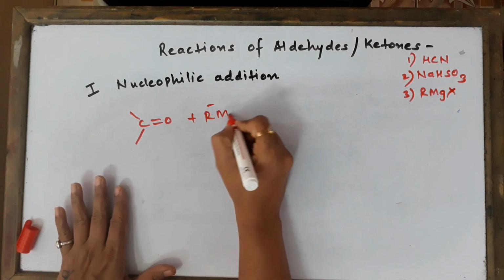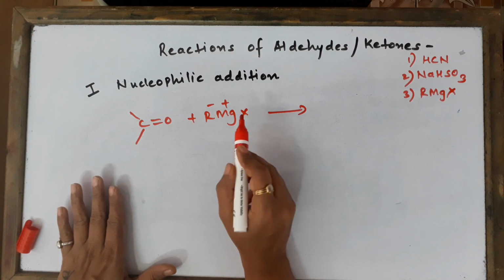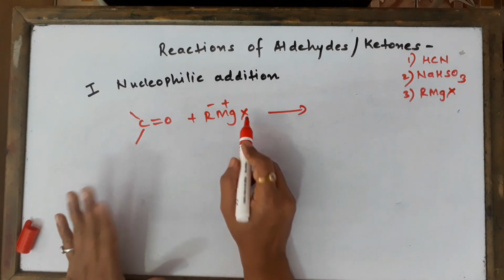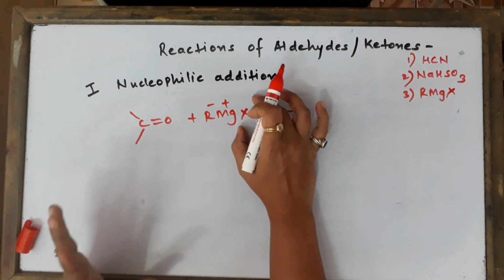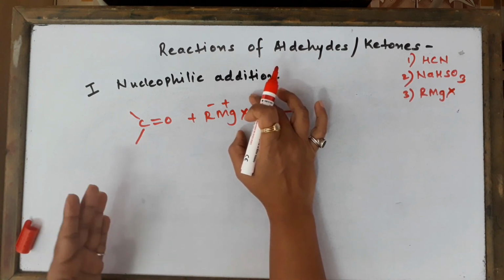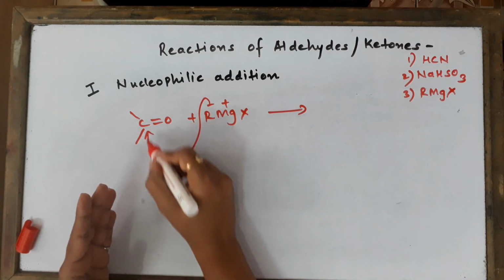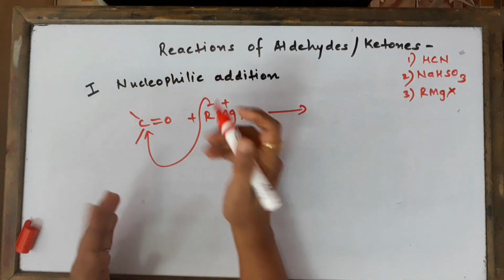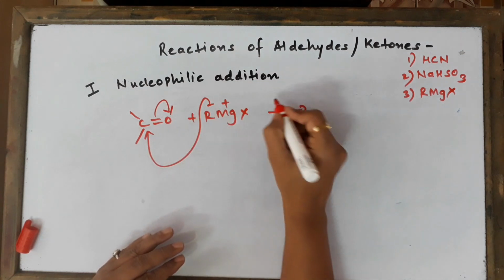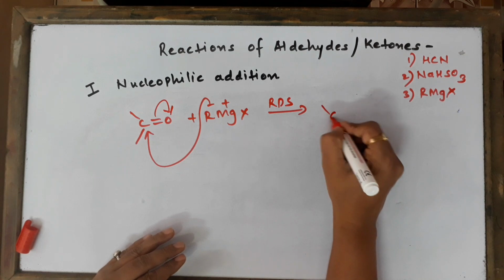R minus MgX. We all are aware of the formula, alkyl magnesium halide, where X can be fluorine, chlorine, bromine, iodine. Generally fluorine is not there because it's highly reactive. So in exam we are going to take Cl or Br, mostly, okay. And now the attack takes place, as I told you, perpendicular. So you can show it this way, or you can show from the top also. The delocalization of electrons take place. This step is going to be the rate determining step.